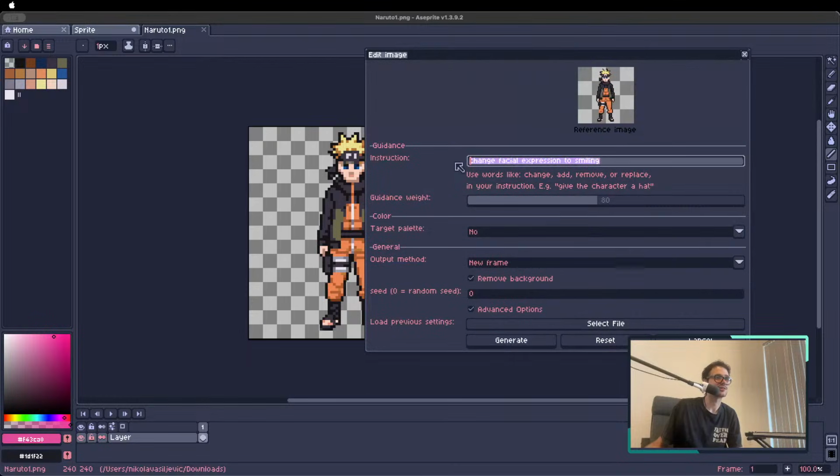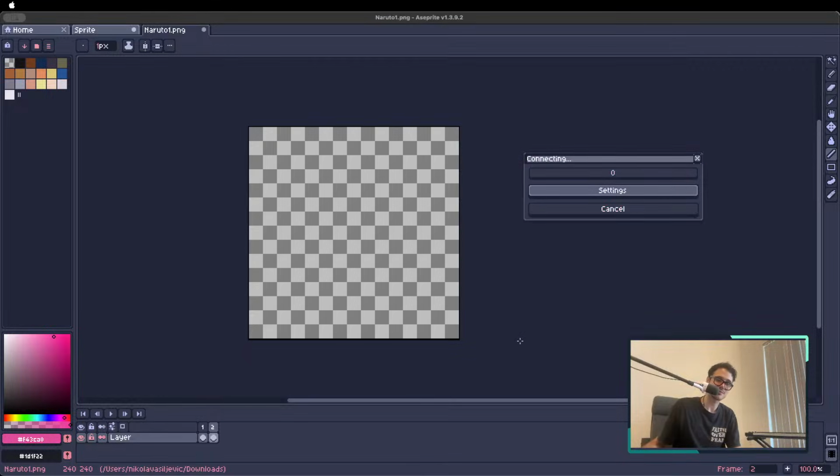Let's say we want to change his clothing and hair, but keeping the same shape. Change his clothing to a red Street Fighter outfit, and his hair to black. And if we click generate,